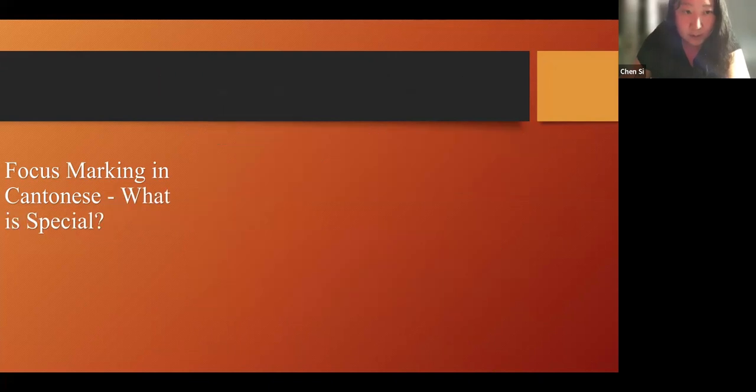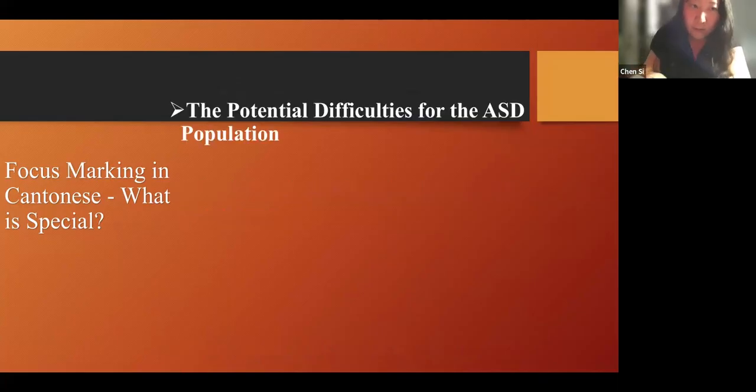So we are thinking about whether we can do this kind of study on autistic children, and what is special for Cantonese, and especially for autistic children producing focus marking in Cantonese.